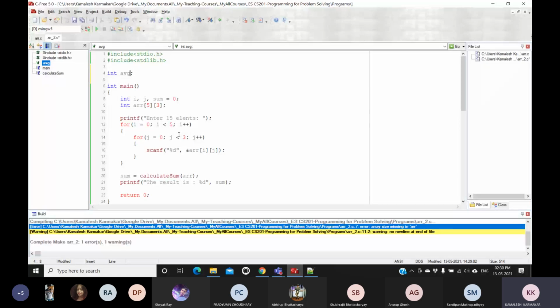But still, you should not use global variables. Try to avoid them unless there is a necessity. If your requirement says that you have to use a global variable, then only you can use one. Otherwise, never use global variables. Do you know why we say that global variables should be avoided?